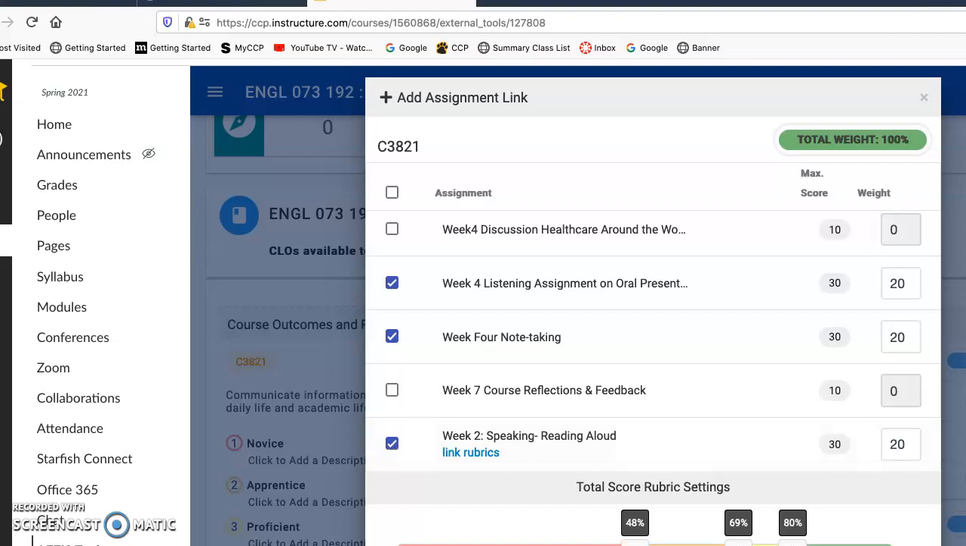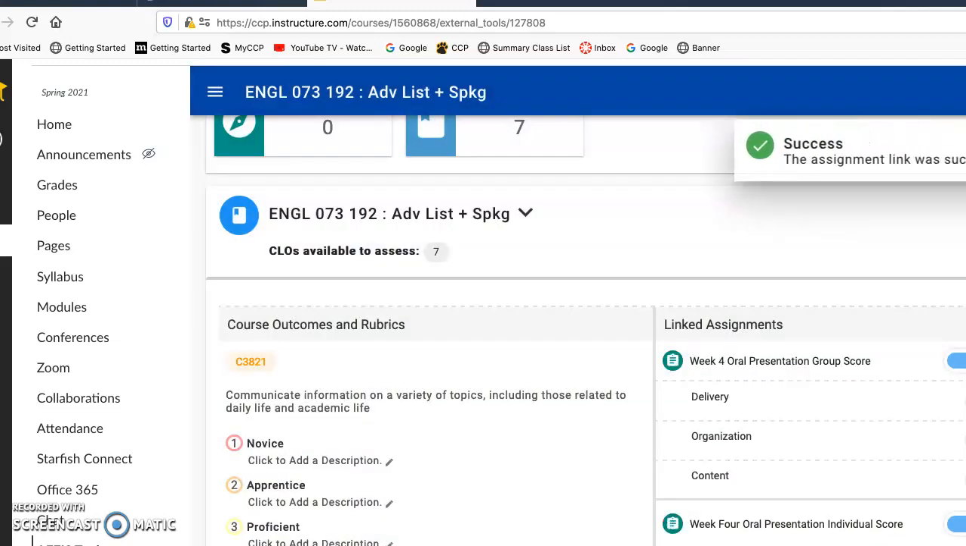Once you've done that, don't forget to save. So you save it, and it'll say success, the assignment linking was successful, and all of the assignments that I linked are showing up here. Now, if I'm not happy with what I did, you can go back and unlink some of these